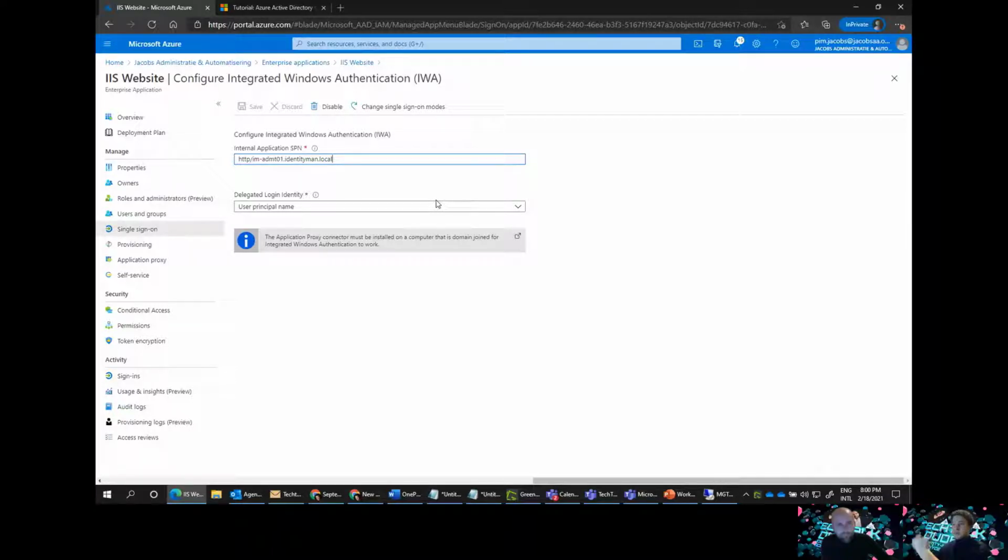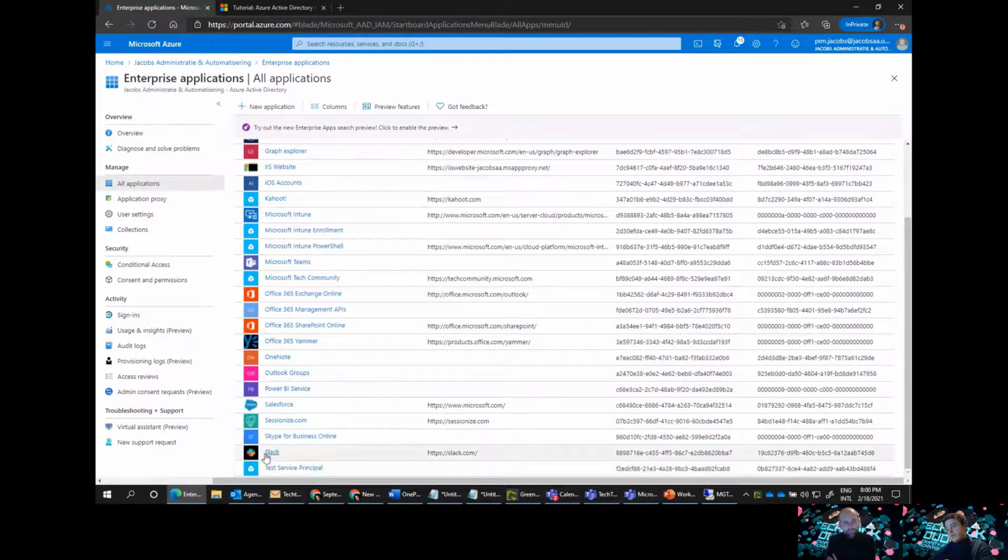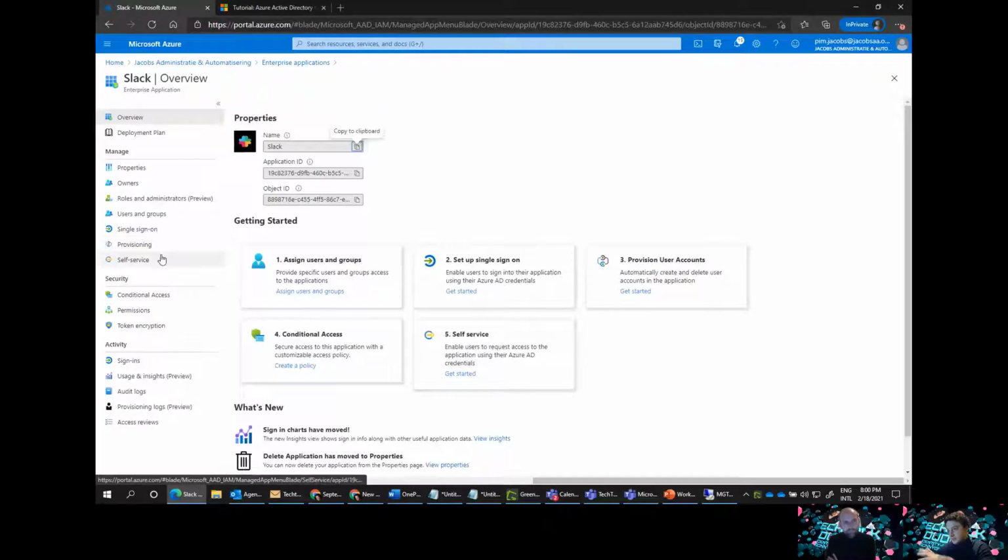So the options are actually quite big. It's not just an app which needs to talk SAML or whatever else. You can do much more with it. Then, looking to go a bit further, because eventually you have users in Azure AD, you can even provision users from Azure AD